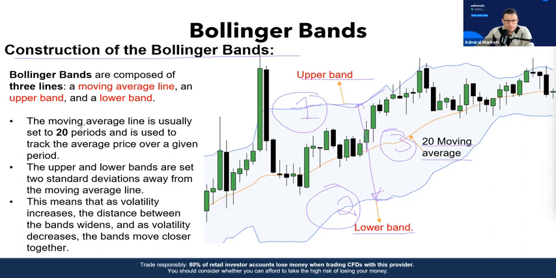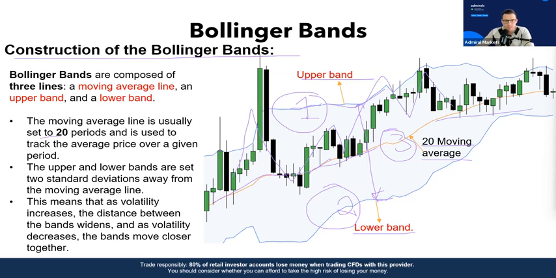So the moving average line is usually set to 20 periods and is used to track the average price over a given period. So we have the moving average, a 20-period moving average. If you trade for a while, you know that when price comes to a moving average, it just bounces and reverses, or it breaks through. But within a trend, usually we have the moving average act as a dynamic resistance or support, depending on the